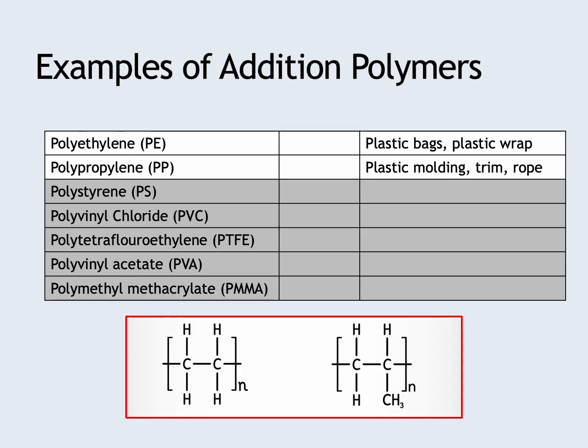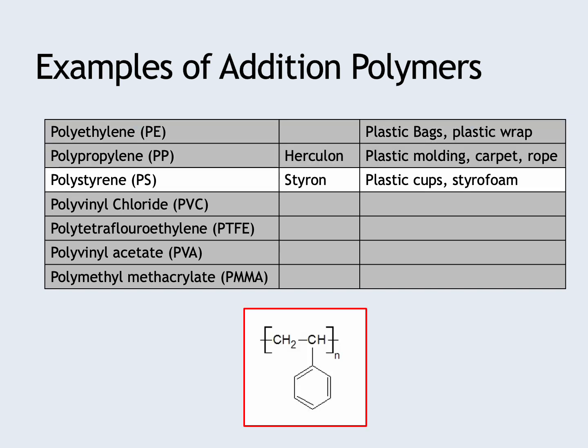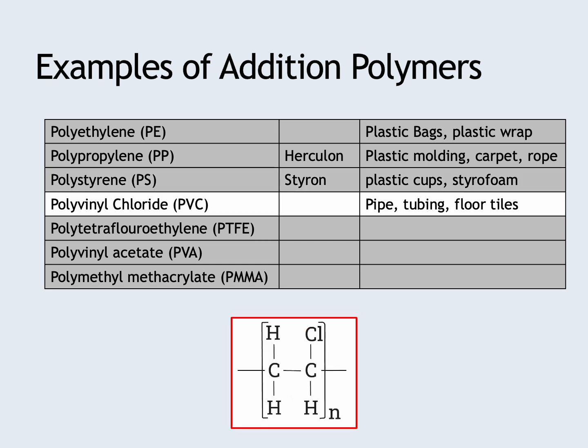These two are semicrystalline because their backbone, their long chain, is simple and easy for chains to line up next to one another. Okay, so there's polypropylene and polyethylene, and then polystyrene, and then we have